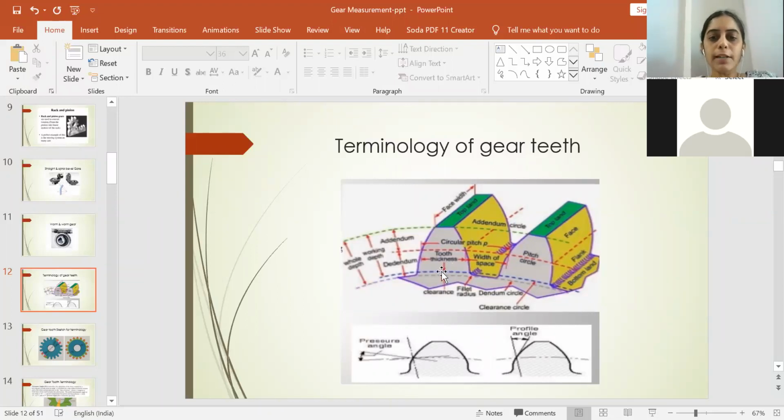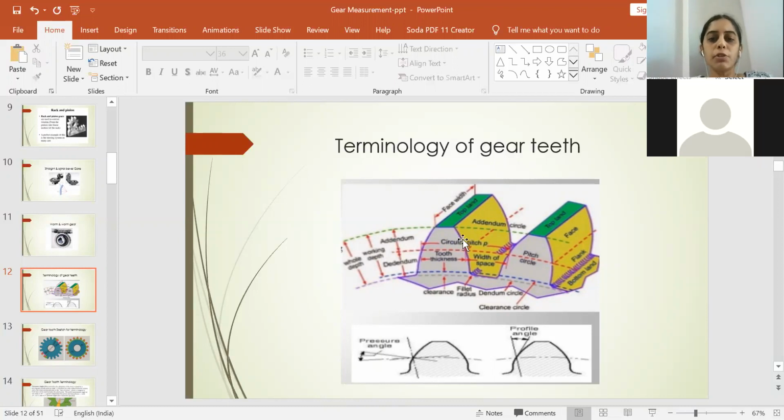And apart from that, you have to now define what is addendum and the dedendum. So addendum will be nothing but the radial distance from the pitch circle to the top of the tooth, and the dedendum will always be from the pitch circle to the clearance value. So from the pitch circle to the base circle will be the dedendum. Sometimes the students write it is from the pitch circle to the bottom of the tooth. No, it always includes the clearance value also. So you should be careful.